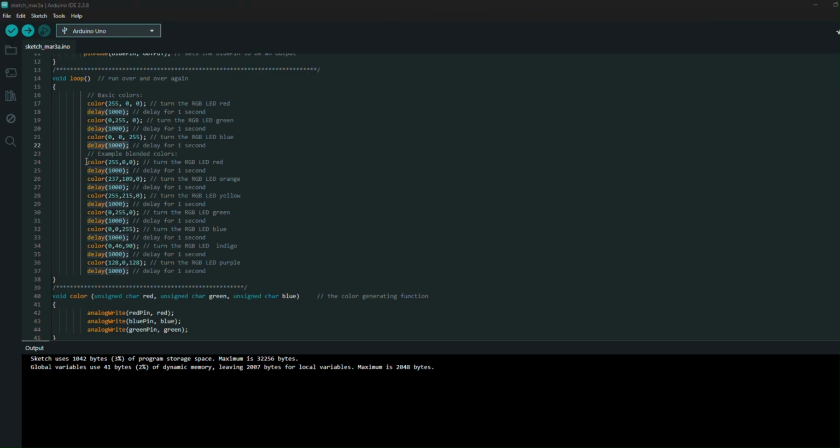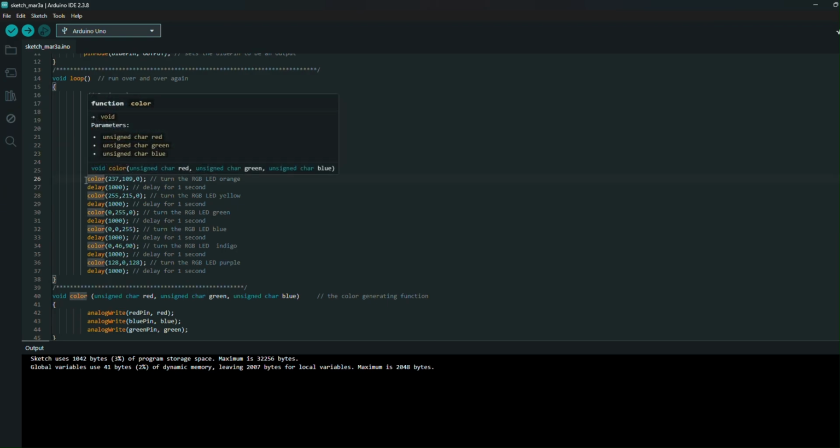Let's say we want to blend colors. So let's say, for example, this one. Basically, this will output an orange. To have that output, we need to assign the red of the RGB LED a value of 237, meaning it is between 0 and 255.